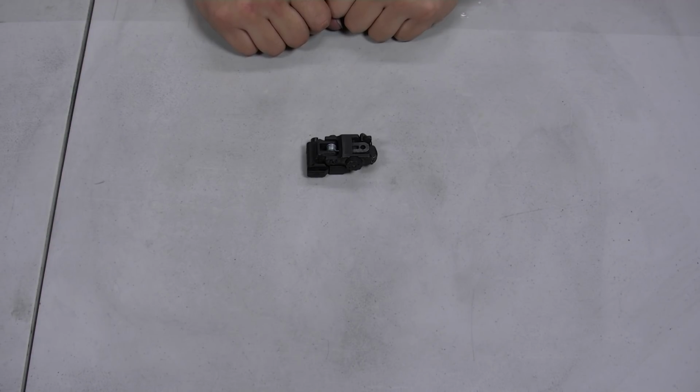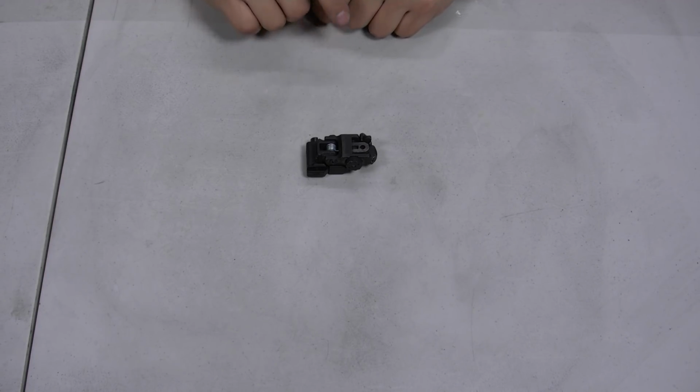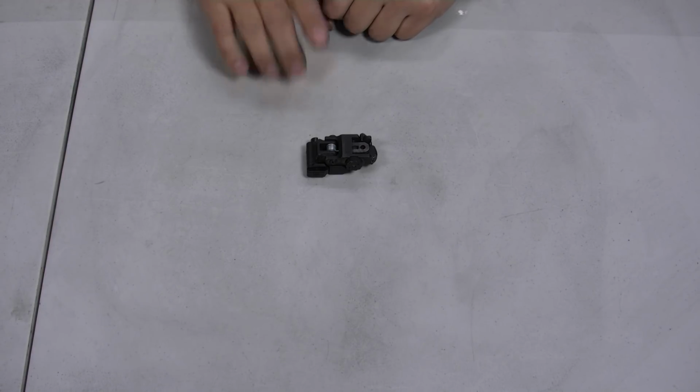Okay, today we're going to cover a common issue that most airsofters run across when they use these SPR style flip sights. I don't know if SPR is the exact name, but SPR is the name of the front sight that usually comes with these on the S system. Anyways,